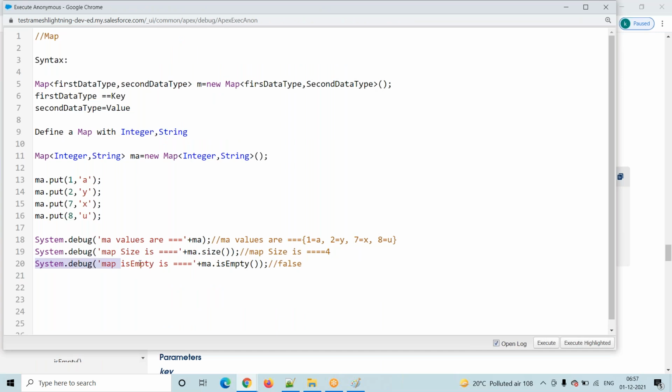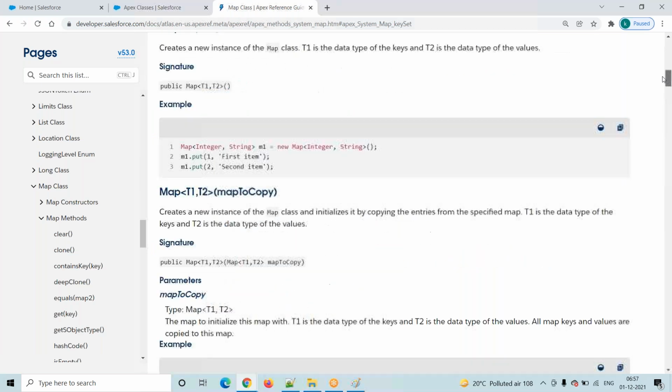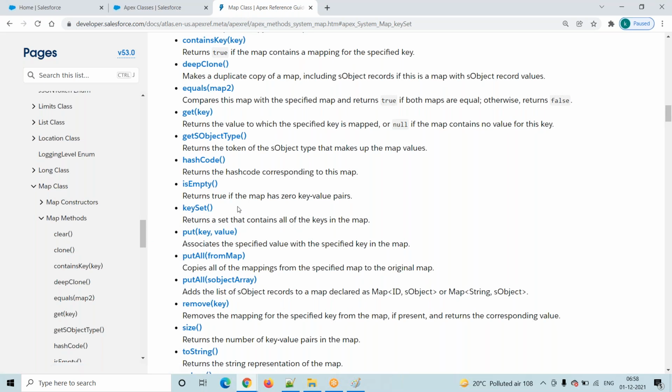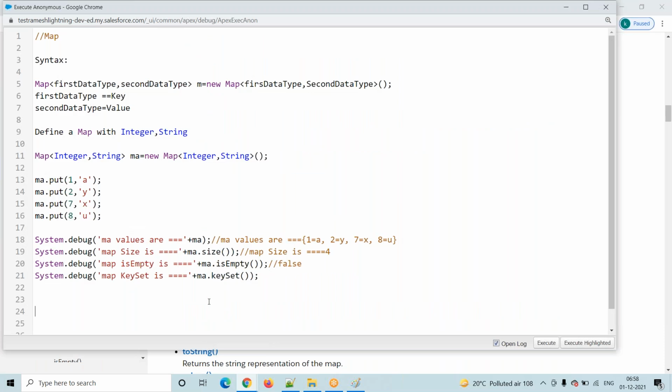You will just go and create one map for our understanding purpose. Okay, you will just go and add methods. Then directly you will come here and add map.keySet. We will not directly understand this terminology. First you will just go and execute, then come here and read this one, then we will understand. Map.keySet, we will just go and execute this one.